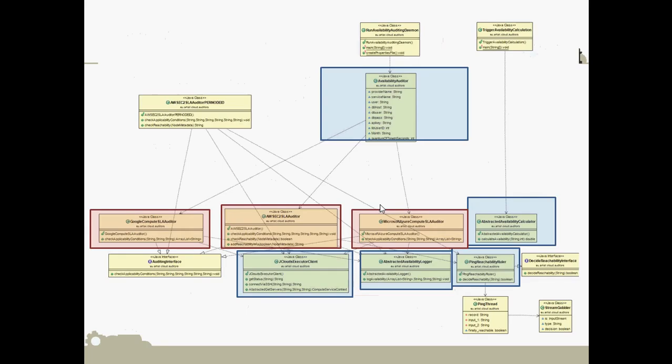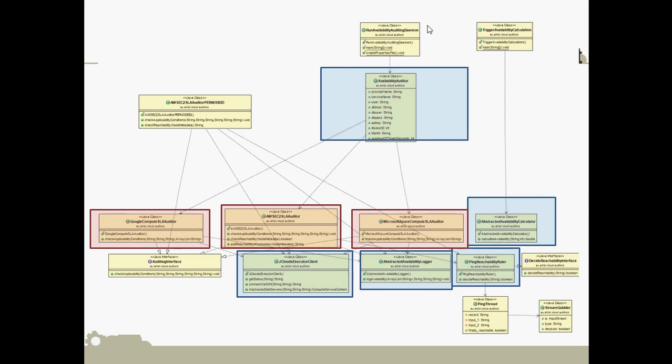So this is a component diagram, a class diagram of the implementation. The blue cases are the abstracted methods, and there are some methods that cannot be abstracted. They are the specific drivers that are created for a specific provider and include the specific details that cannot be